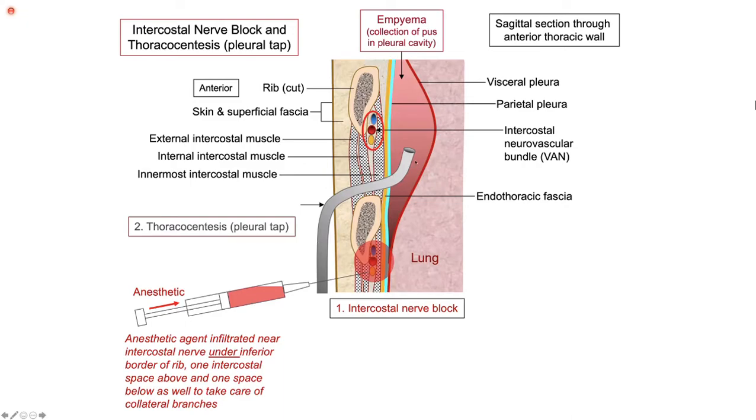So now, after inserting this tube, what will happen? The chest tube, unlike a wire bore needle, usually has a dimension of about your thumb. It is that big, because if you want to drain something, then it has to be of meaningful caliber. Why do we inject below if we approach above? Because we want a complete sleep, a complete relaxation in this area. If you don't do that, the collaterals, as I've shown you in the previous one, will take care of this space as well. So to minimize the pain for my patient, that's the reason why I'm injecting the space above and the space below.